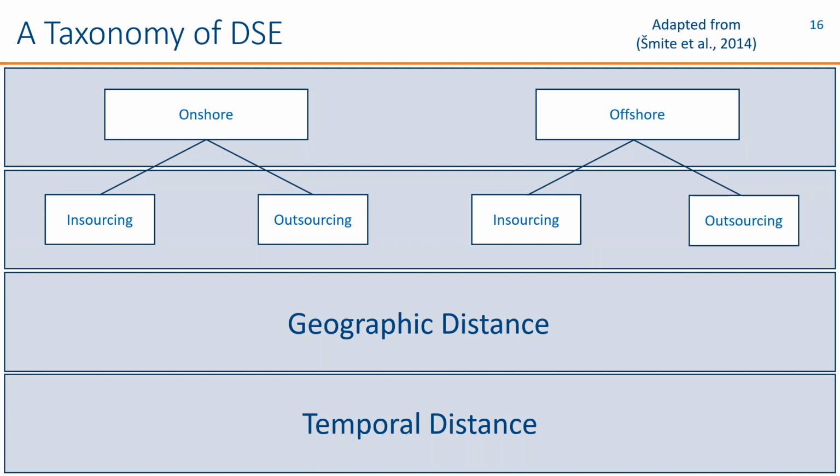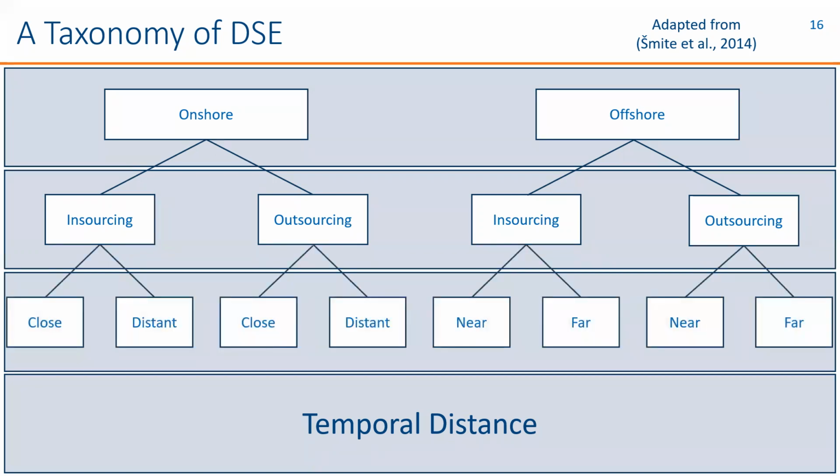The next level of this taxonomy is geographic distance. And the visual gets a little messy here, so you can focus on the parts that you enjoy of it. I wanted to represent it how it was originally given in the paper. The authors chose to distinguish geographic distance based on onshoring and offshoring. So you can see it's close and distant and near and far. And they wanted to do that because they really mean different things for onshore and offshore. If something's in the same country, close means something different than close if they're in different countries. So they use airplane flight times as the distinguishing factor.